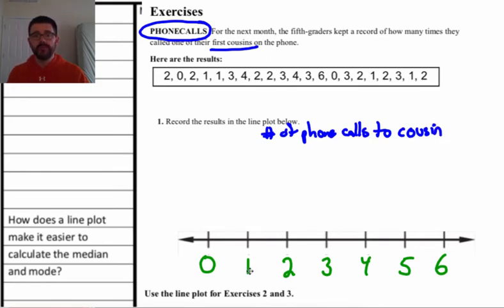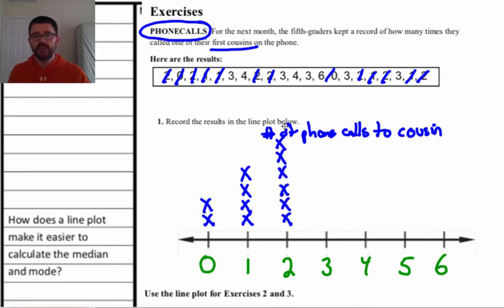And then we're going to sort through our data. Again, do it one at a time if you want, or sort through and grab all of one number and then all of the next, however you want to arrange that information. So I've got 1, 2 zeros. I've got 1, 2, 3, 4 number 1s. I've got 1, 2, 3, 4, 5, 6,